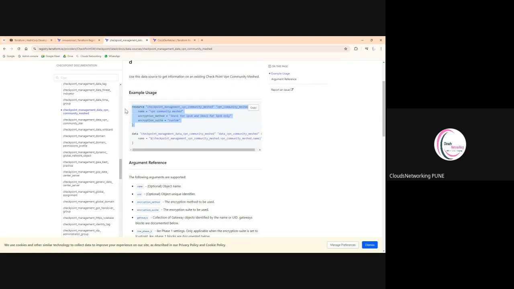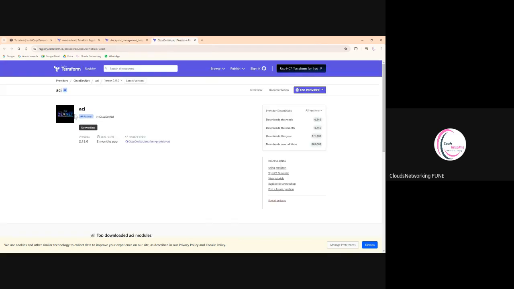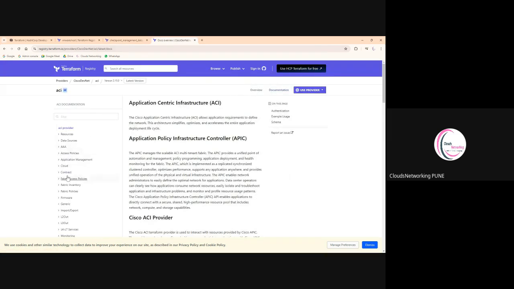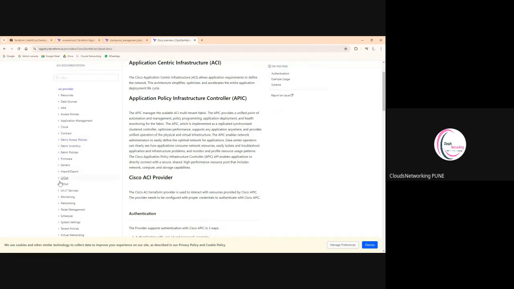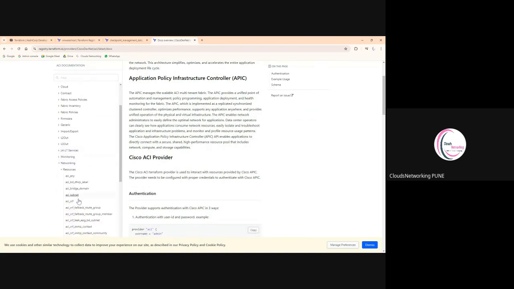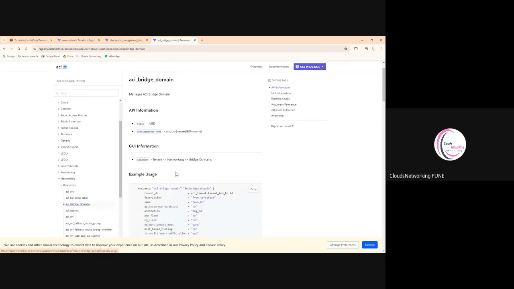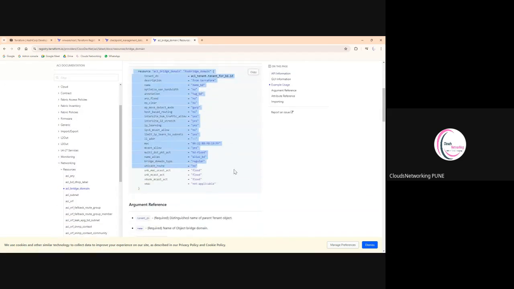कुछ ऑब्जेक्ट्स होते हैं जो आप मैनुअल करते थे, आप कोडिंग के थ्रू कर लो। ठीक है, आपको ACI करना है, डॉक्यूमेंटेशन में जाओ, ACI का कौन सा पार्ट आपको ऑटोमेट करना है। आप बोलो कि भाई मुझे नेटवर्किंग के अंदर I want bridge domain, आप ये कोड उठा के मार दो, ब्रिज डोमेन आपका बन जाएगा।